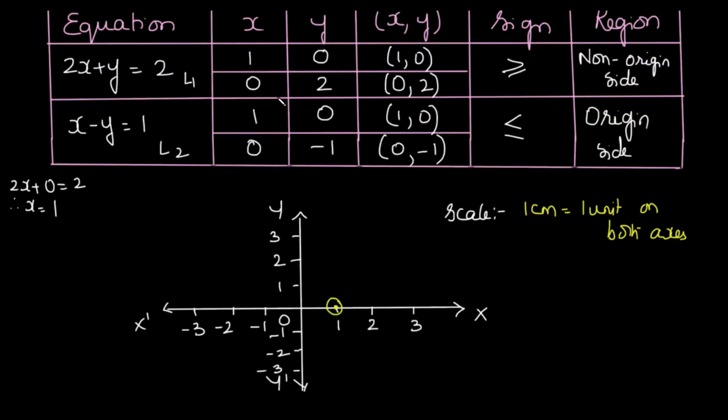Then the other point of the same line, (0, 2). So (0, 2) comes on the y-axis over here like this. And then when we draw the line, remember, let the line join the 2 points properly, otherwise your feasible solution might go wrong.